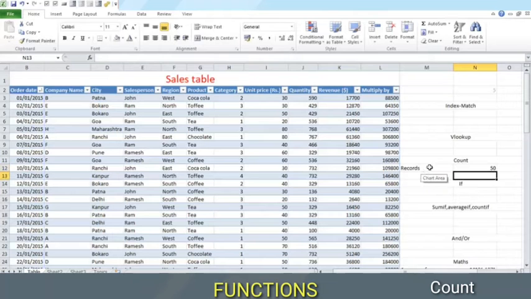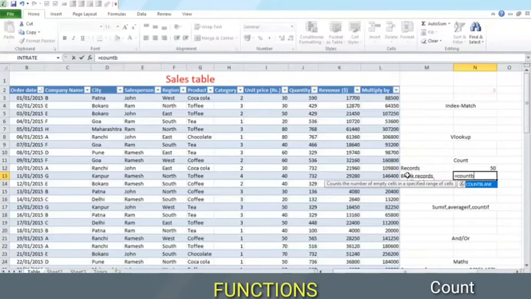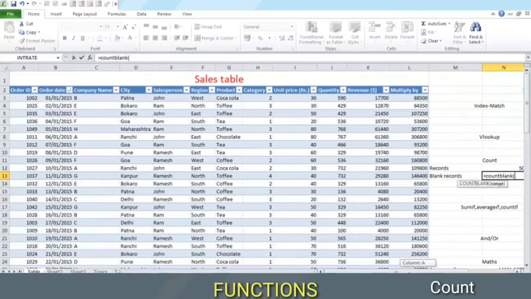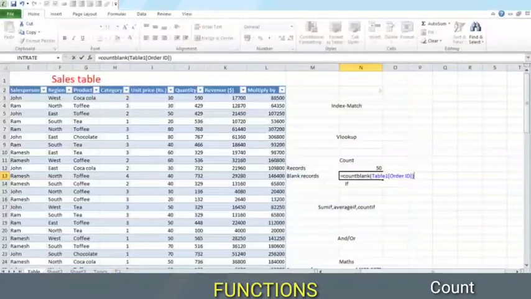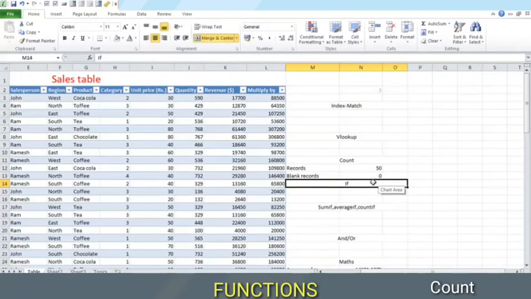Now we can also count blank records. For this, we will use the count blank. The order ID is a unique detail. Let us select this, close the bracket, and we find there are no blank entries in this.